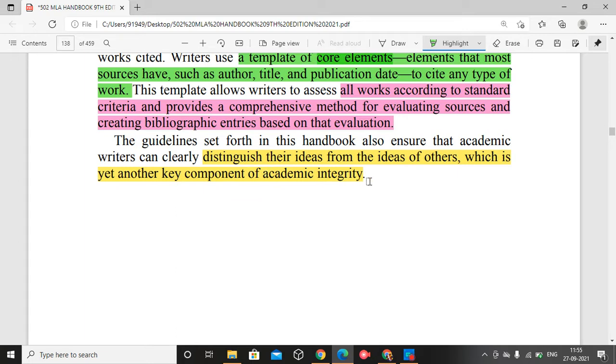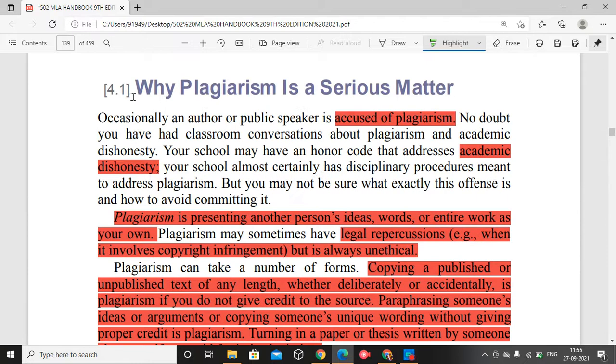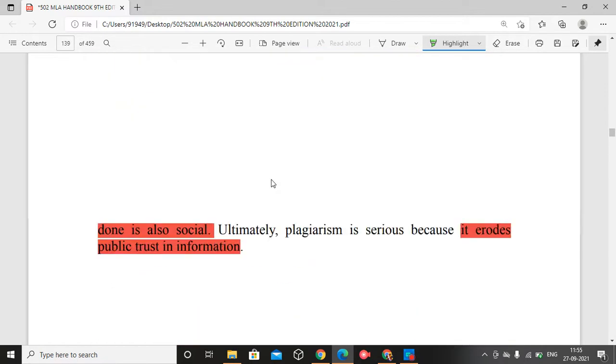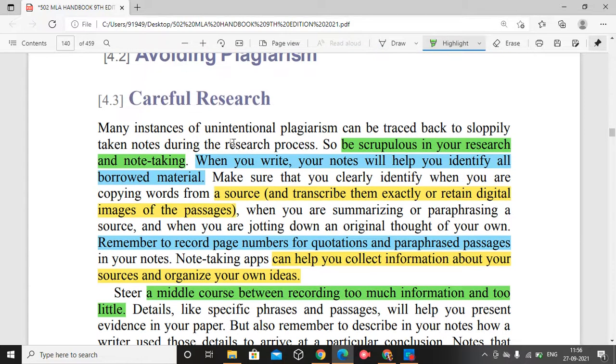You have academic integrity. Okay, yes. So that is the next main point, why plagiarism is a serious matter, that we shall discuss in the next session, I think. Okay, and most of the details pointed out following this shall be like this.